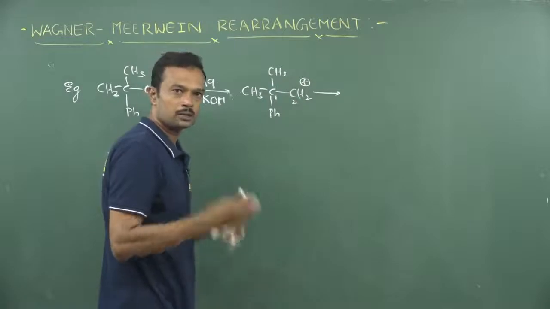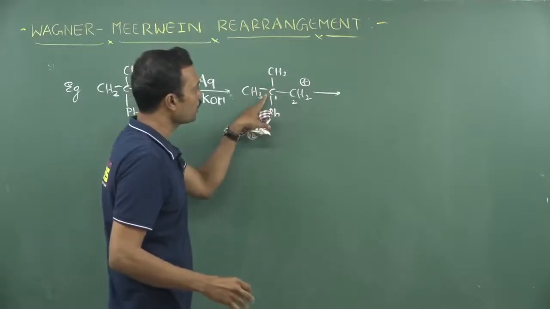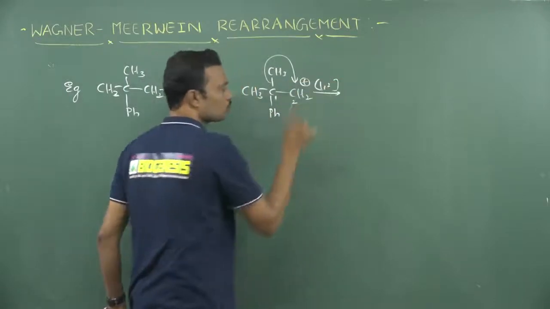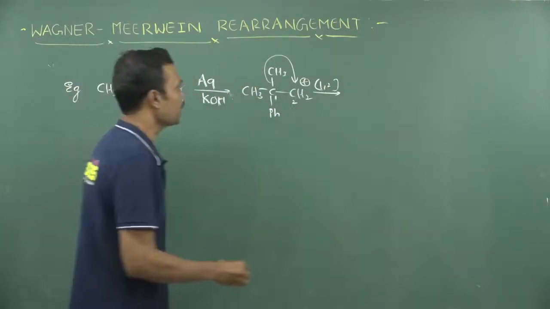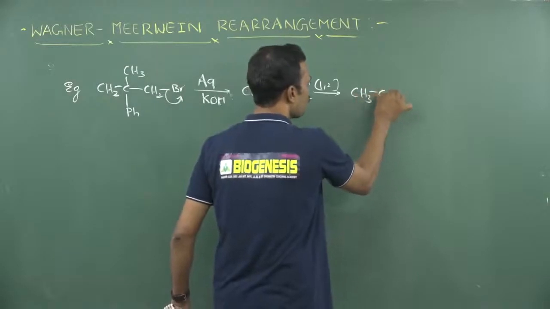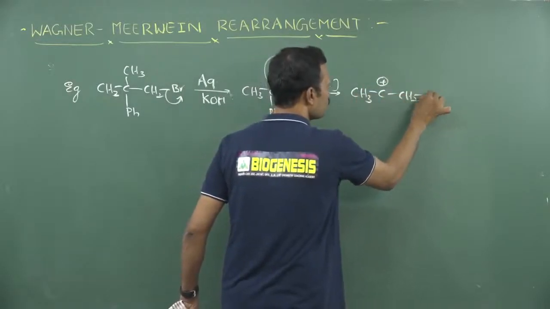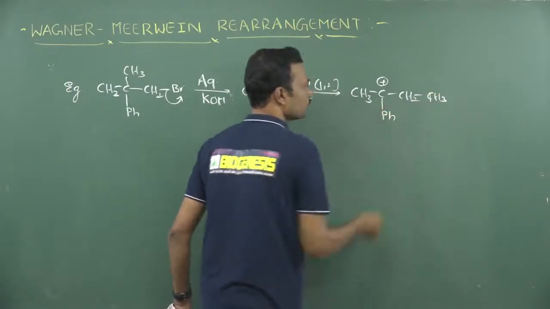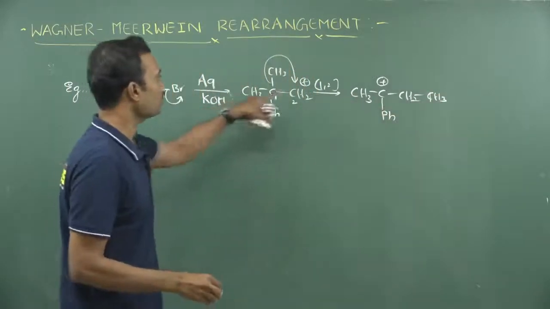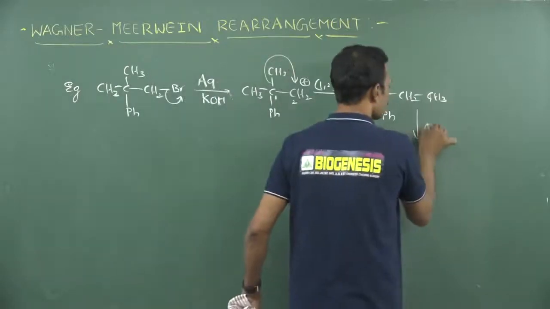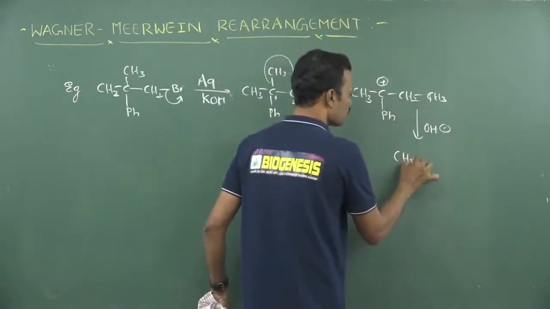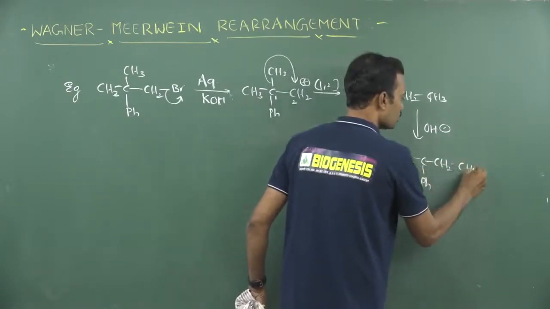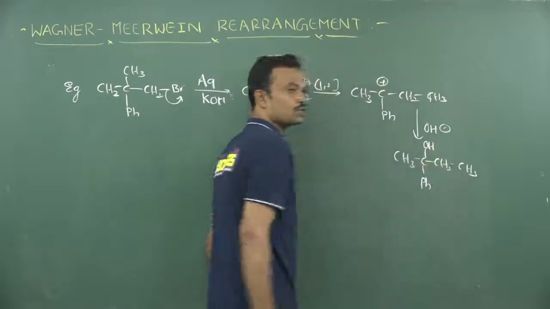So you can migrate methyl. Why? Because if you migrate this methyl, you will get a benzyl cation. So migrate this methyl, that is a 1,2 shift, a rearrangement reaction, and you may get a more stable carbocation. This is CH2, and here there is a formation of methyl and this is Ph. After this, the nucleophile will attack on this carbon. So once this nucleophile attacks, there is a formation of an alcohol. This is Ph, and here I am using CH2, CH3, and this is the one. That is the answer.